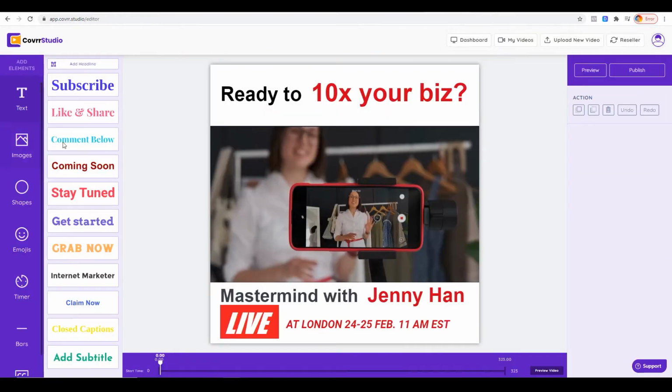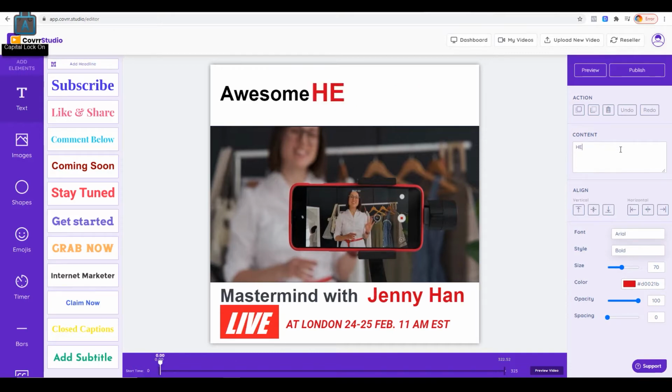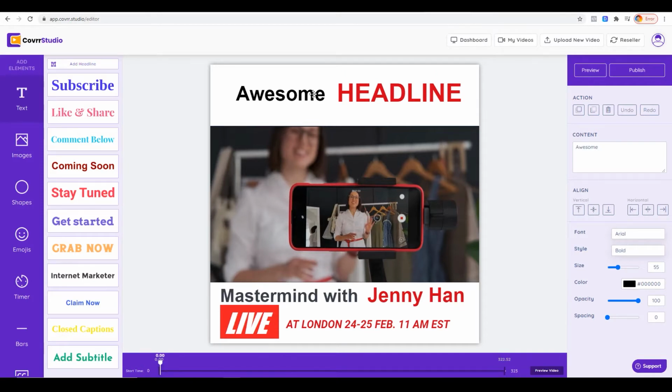So as you can see, there's a bunch of things that I can do here. I can click this text, for example, and change it to any text that I want. Awesome. And then check this other one, for example, I can say headline, something like that, and I can add a space right there, or maybe just click and drag and position them wherever I want, something like that, for example. And then the next thing that I wanted to do is add a caption to my video,